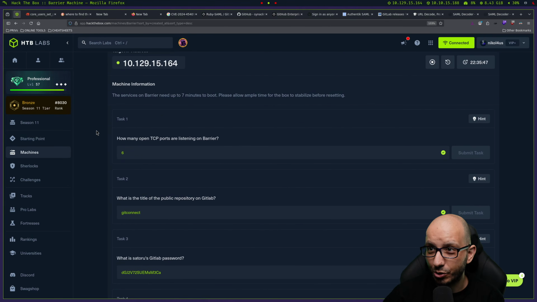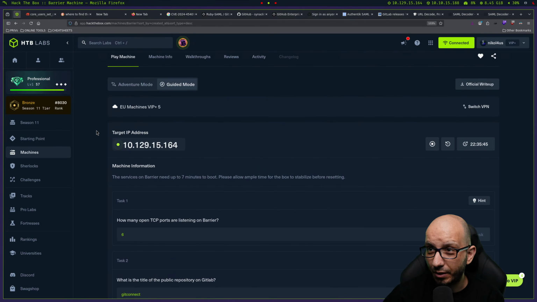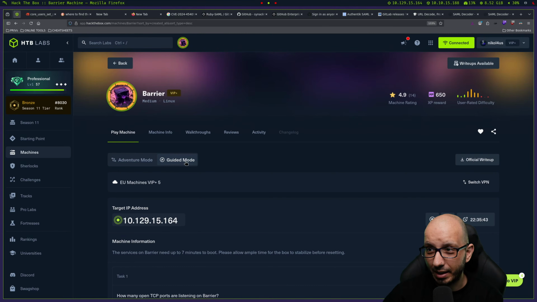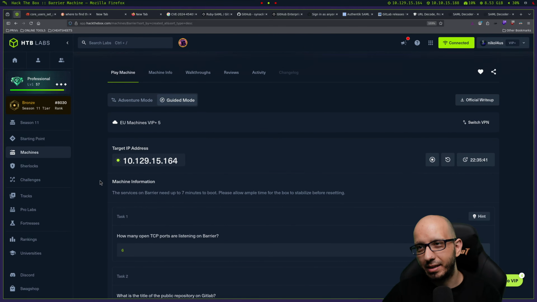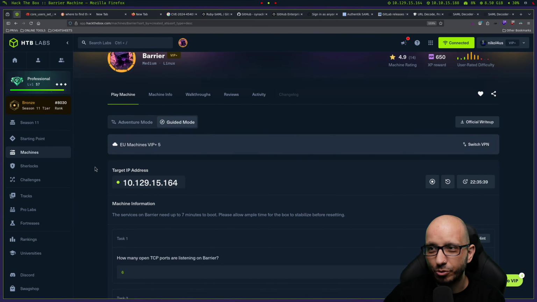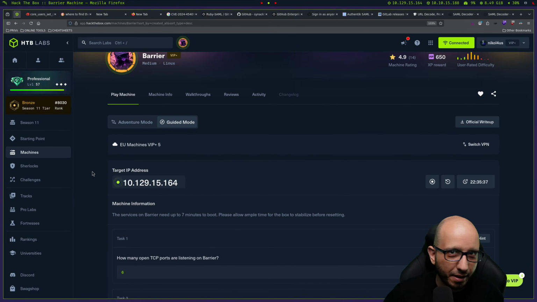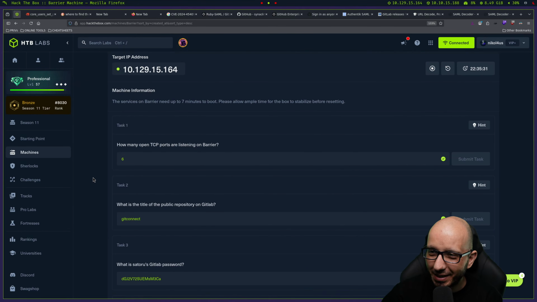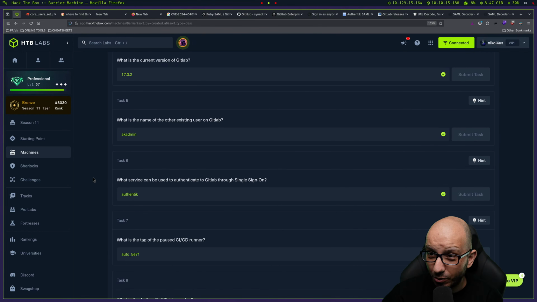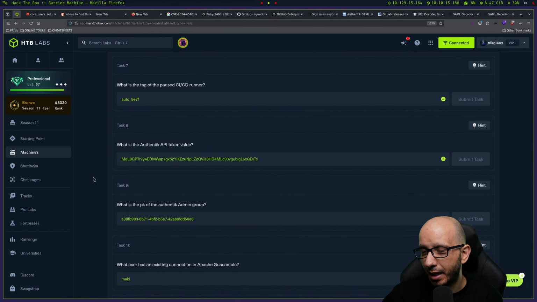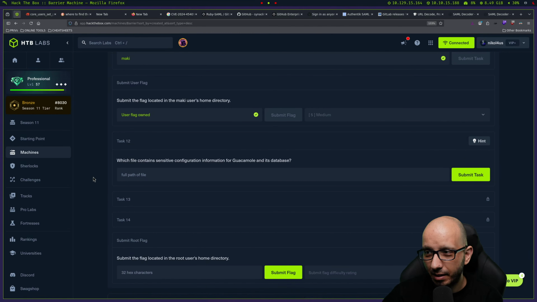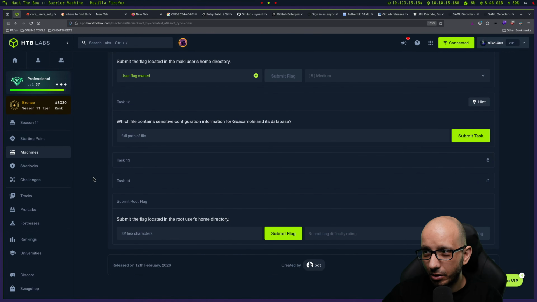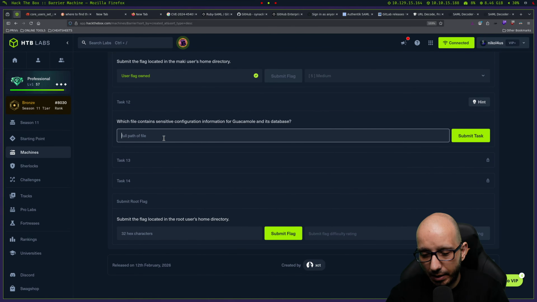It was quite a journey, and thankfully I decided to follow the guided mode. Imagine if I had started with adventure mode, going in with almost no hints. It would be more days working on that. But the journey was amazing. I recap and remember things that I used to do. So it's the etc password, etc folder,